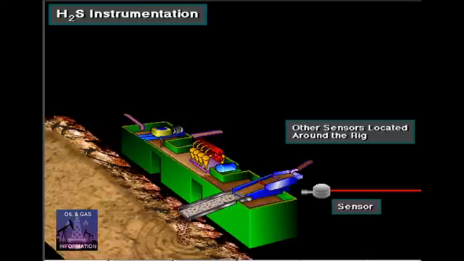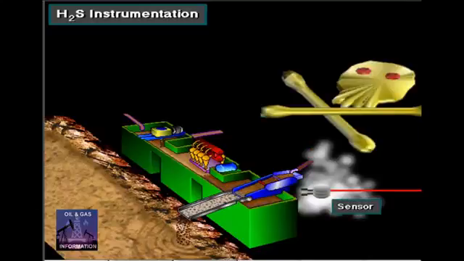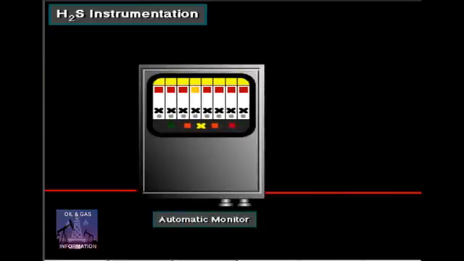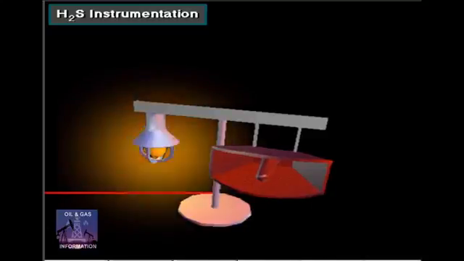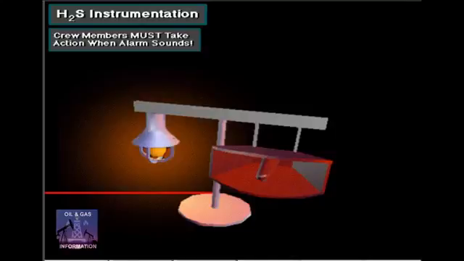Others may be at the bell nipple on the rig floor, shale shakers, flow line, rig accommodations air intake, and other places on the rig. When a sensor picks up H2S gas above a predetermined level, the monitor triggers both the visual and audible alarms. Upon hearing or seeing the alarm,